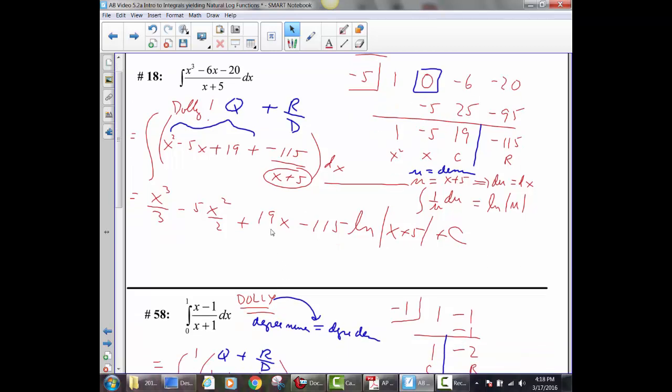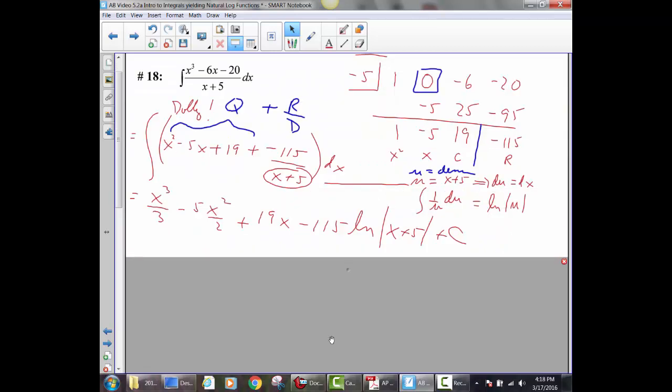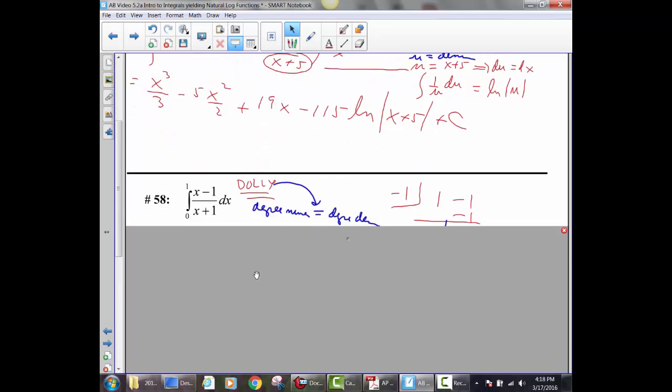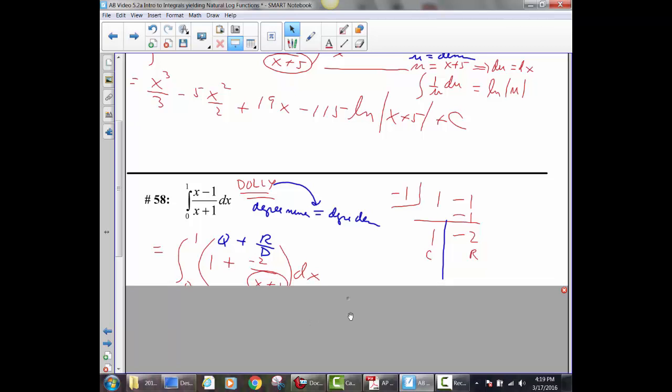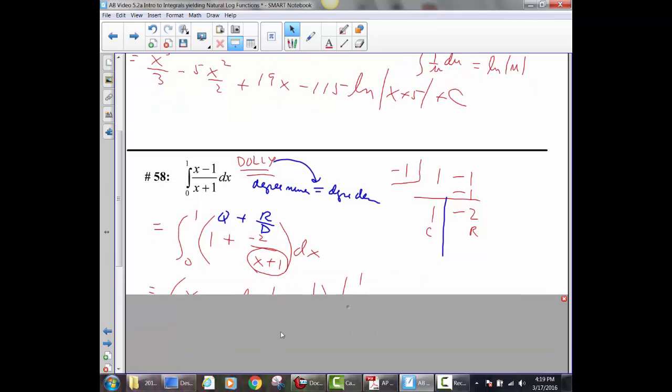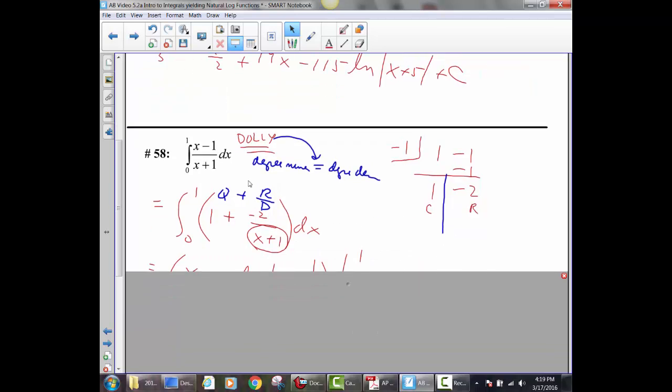Here's another dolly. And this is the one people don't notice, which is when the degree of the top is equal to the degree of the bottom. Everybody's obsessed with the degree of the top being greater than the degree of the bottom, but it's also an improper fraction if the degrees are equal. So you will have to do division. I can do synthetic division here, and I will get a remainder of negative 2, and all I get is 1. Obviously, if you divide x by x, you're just going to get 1 plus. So I get 1 plus negative 2 over x plus 1